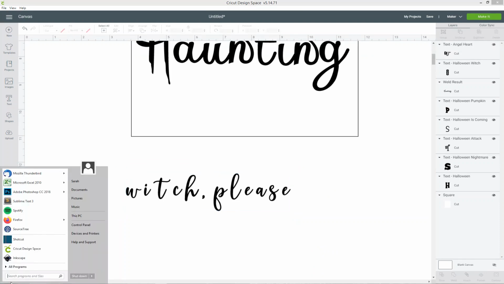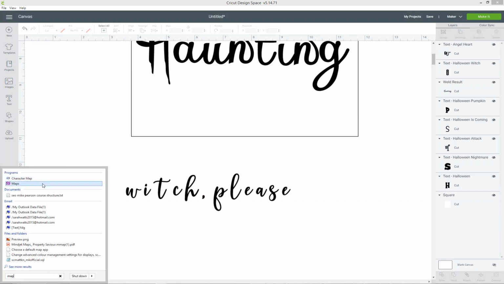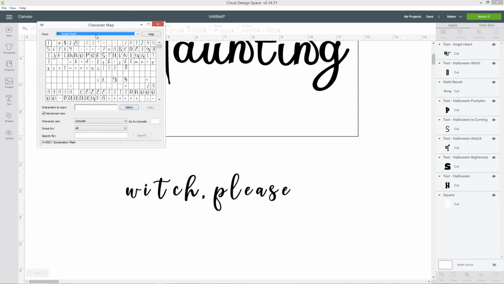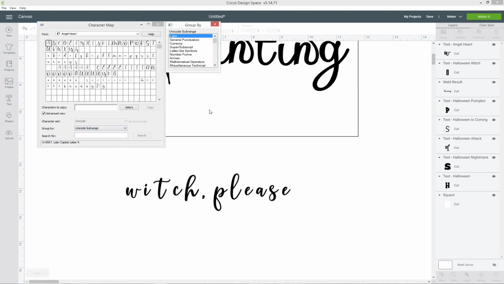So what you can do on a Windows computer is go into your files and then type map into the box and then click into character map. You can then choose your font in the drop down, so this one's Angel Heart, and then in this character set box make sure it's set to Unicode, and then in the group by select the drop down to Unicode subrange.